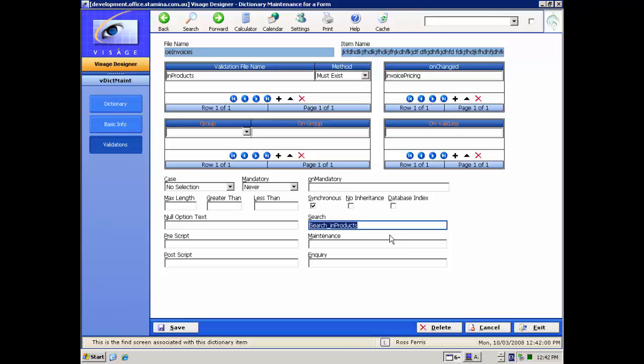So you can do that at the dictionary level, but we can also do it at the actual process level as well, to say individually within a process. Here's generically the search routine that we use, or the maintenance, or the inquiry routine, but you can have it different per file if you want, and even different per individual process if that's the fine-grained control that you want. Likewise, there are routines you can call at the dictionary level whenever this thing is actually validated. So whenever it validates here, go and run these other routines. It's a case of whatever the problem is, you go and do that. You can also have standard pieces of code that are run before and after